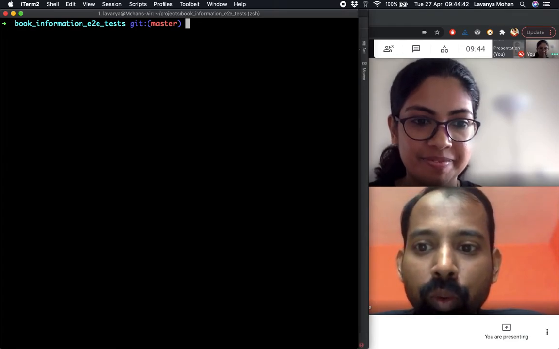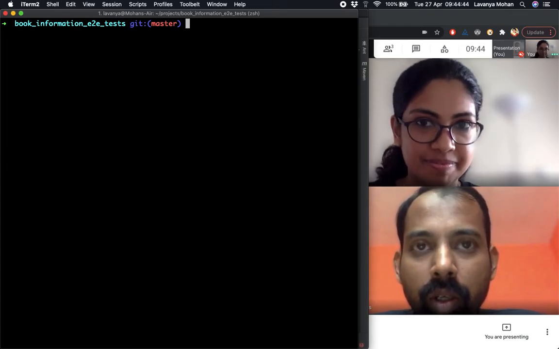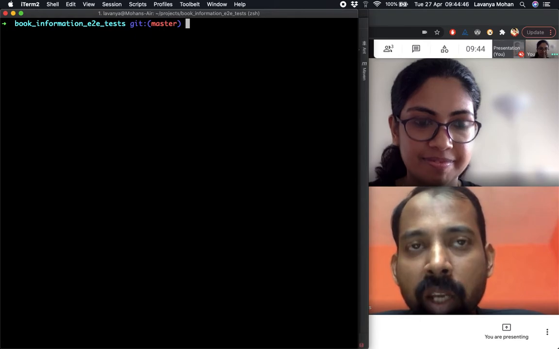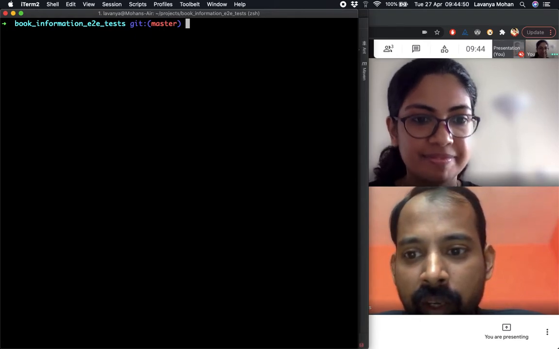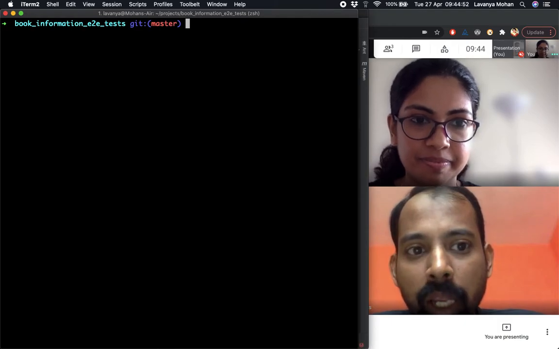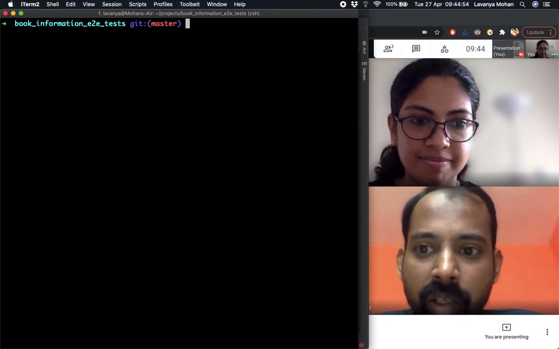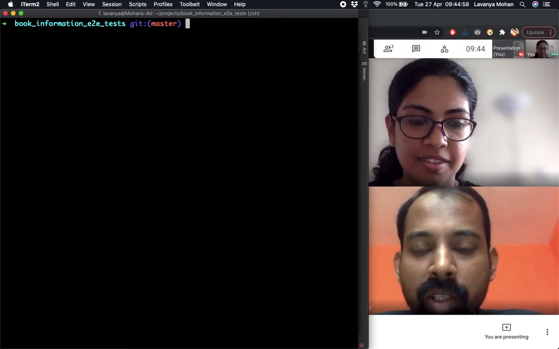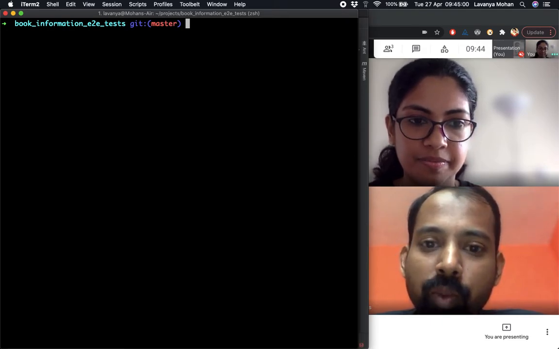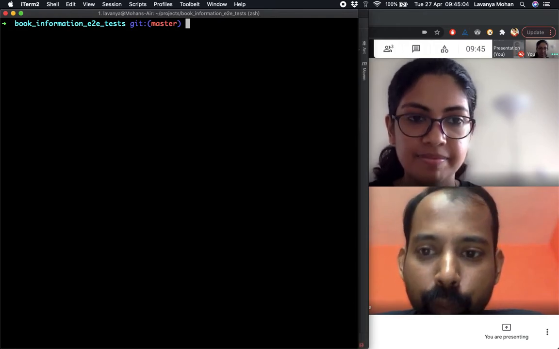We'll have to check out with git checkout new branch name so that the head starts pointing to the new branch. And from then on, any commit will be on the branch and not on the master. And if you want to merge the master with the new branch, first we check out the master and then we do a git merge, then git push.